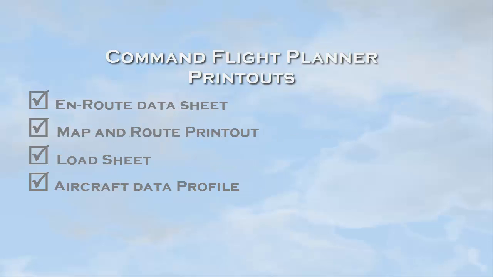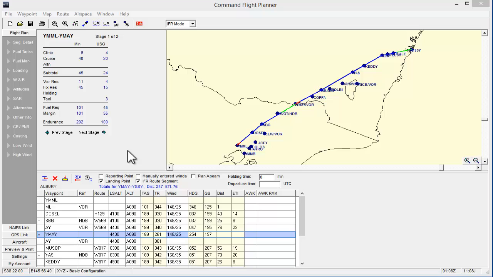In addition to these, it produces an en route data sheet, which is like a mini Ursa for your flight, map and route printouts, a load sheet that can be printed with or without a passenger manifest, and an aircraft data profile. Returning to our flight plan from Melbourne to Sydney with a stopover at Albury, simply click on the